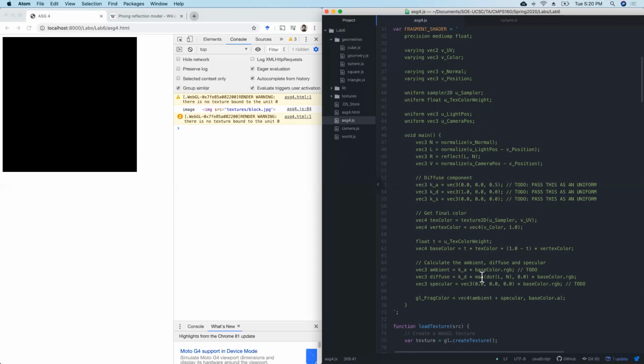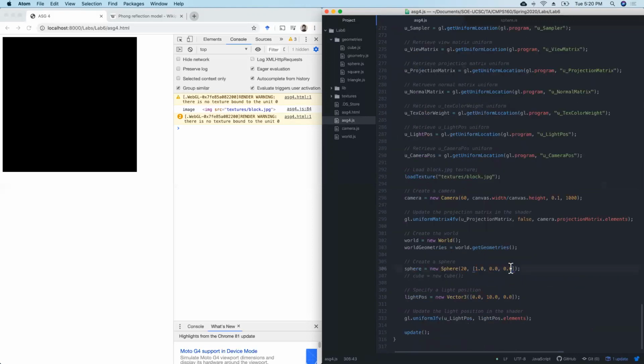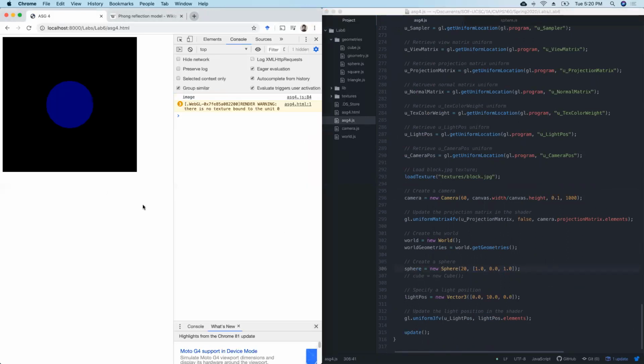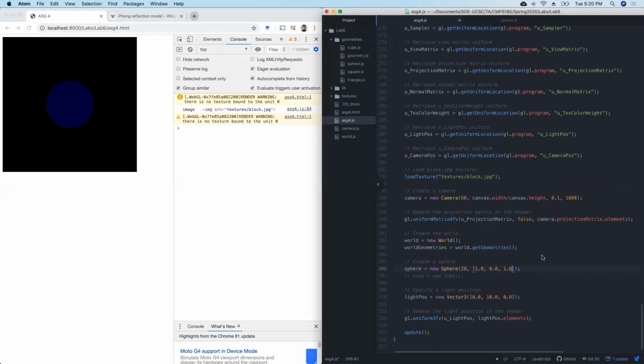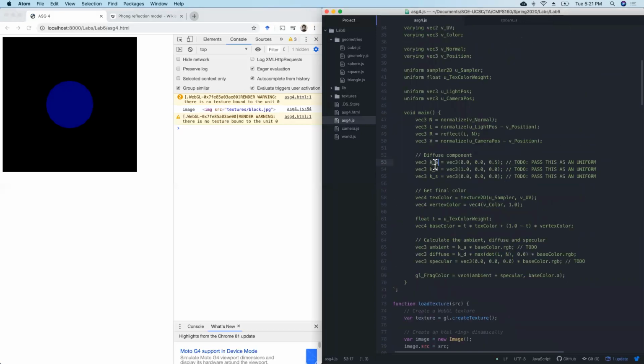So if I want to see some blue in there, because this is 0.5, I have to come here and put some blue. I want the sphere now to reflect some blue as well. So if I put 1 here, now the sphere reflects blue, and now I can see some blue. I can maybe decrease this as well to 0.5 and now my sphere reflects less blue. So this also makes the sphere a little bit darker. So we have these two parameters to change. We have the object reflection weight or reflection coefficient, and we also have the light color coefficient or something like that. Or here they call it